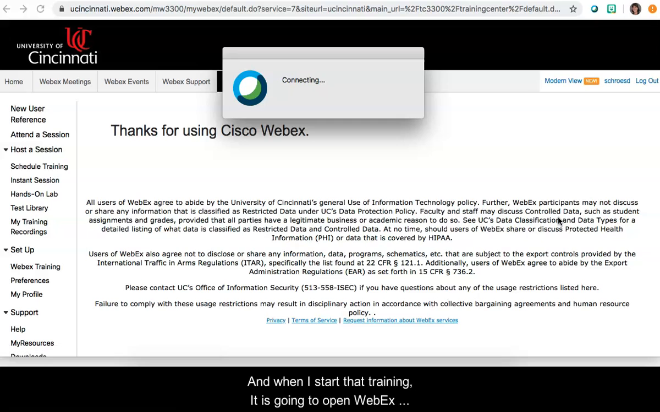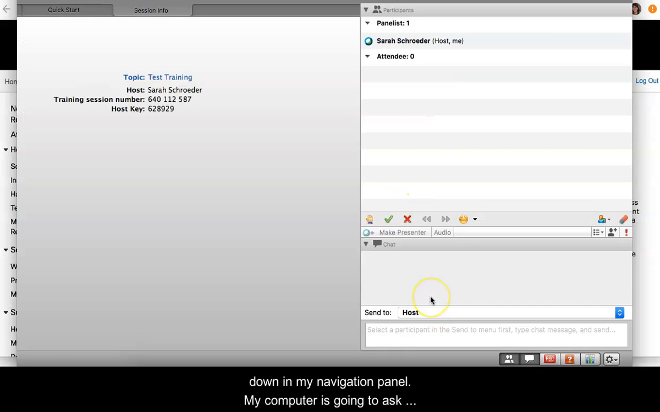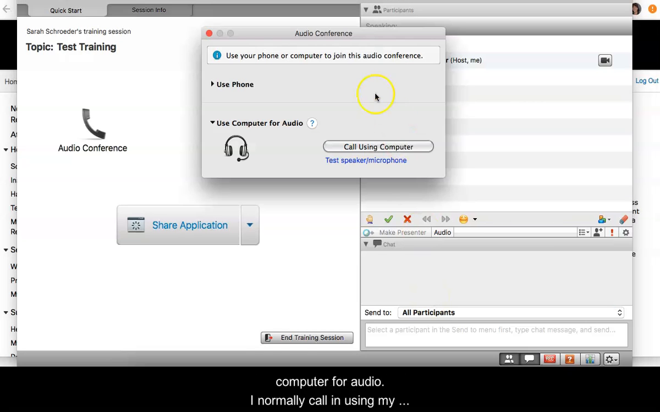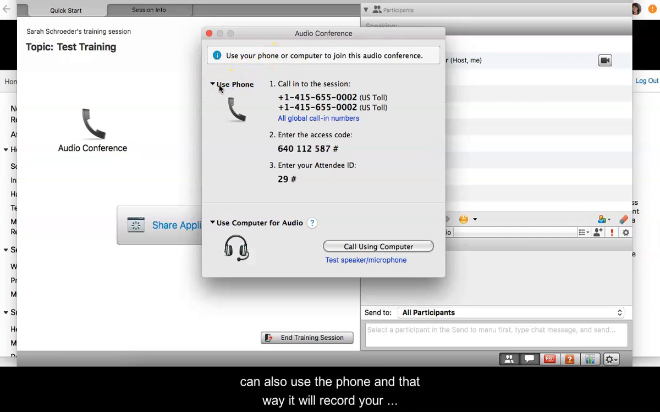And when I start that training, it is going to open Webex down in my navigation panel for my computer. It's going to ask me how I want to log in, using my phone or using my computer for audio. I normally call in using my computer, and you can test your speaker or microphone ahead of time. I'm not going to be able to test that right now because I'm using my microphone for this recording that I'm doing for you. But then if you're having trouble with your computer audio, you can also use the phone,